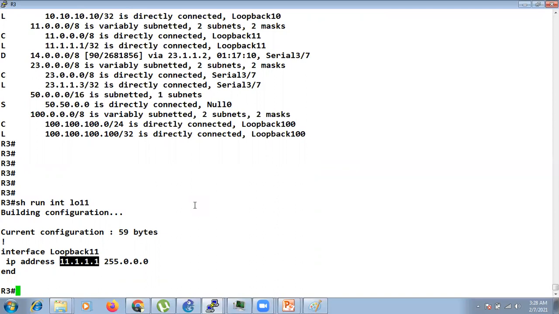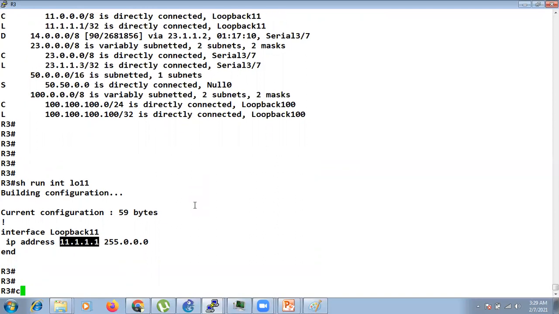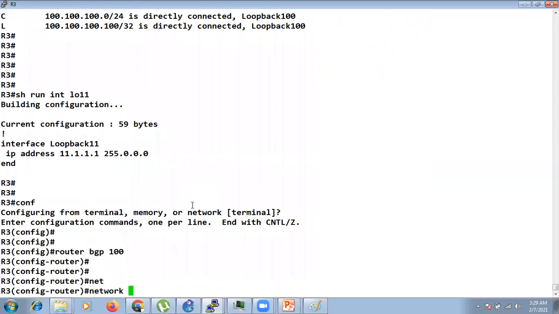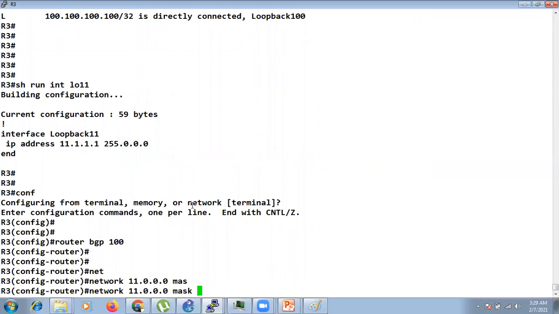Class A we have /8, class B we have /16, class C we have /24. So in this case, if I go to the router BGP process and want to advertise this subnet, I don't need to mention the mask, because in the routing table this is also with the default subnet mask. Okay, so if I just press enter,